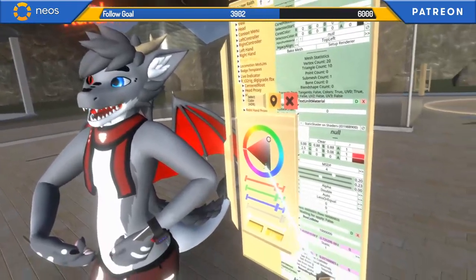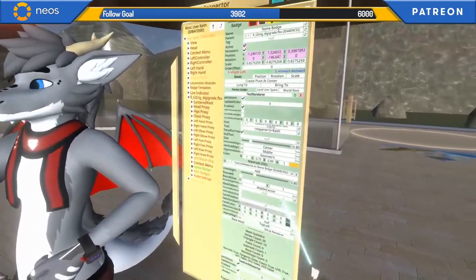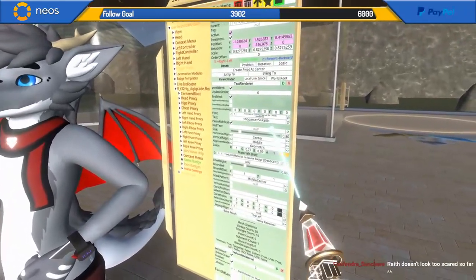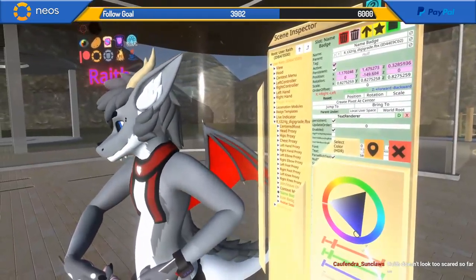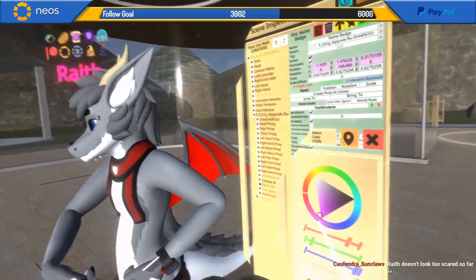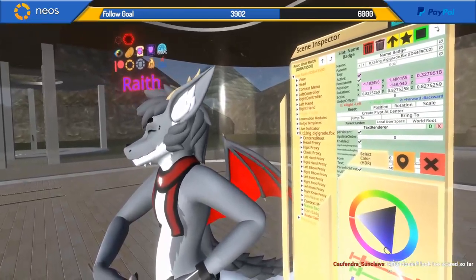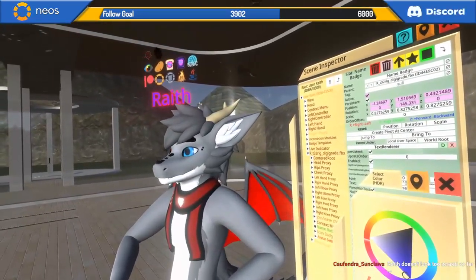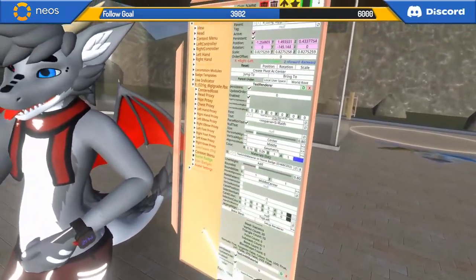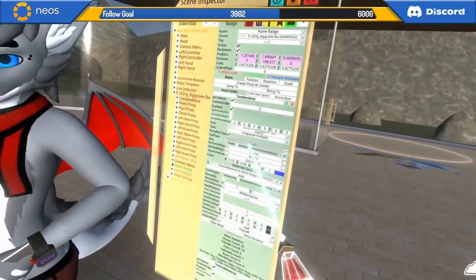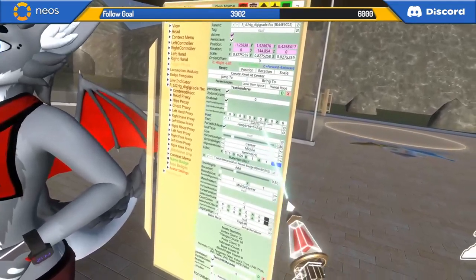Red outline, yeah, let's go. Actually, if you look under the text renderer as well, you'll also see the color of the text. Blue and red. Same colors as your eyes, Wraith. That matches. As well as if you look under the text renderer, there is a slot right here that